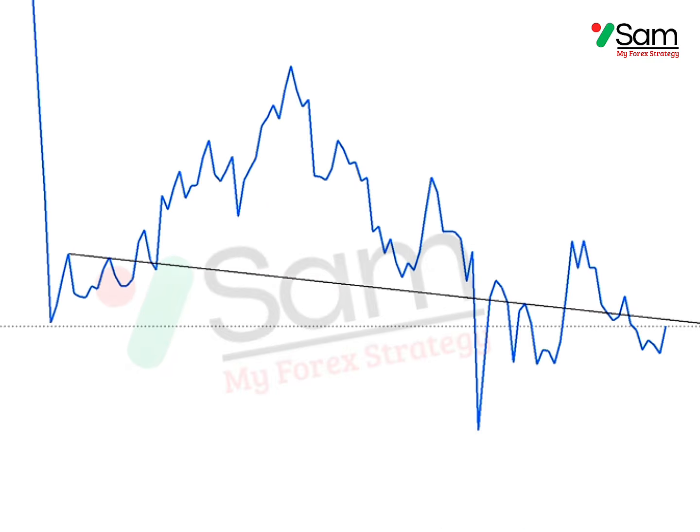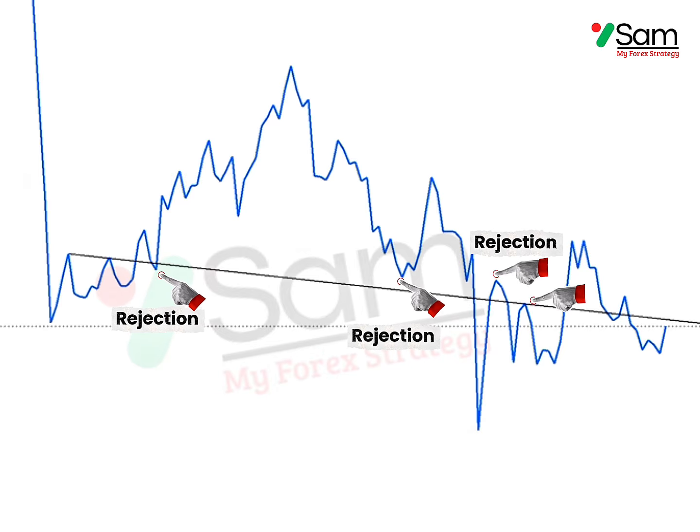Now pay attention. Let Sam give you another example. Here, we have two resistance levels already formed. When we draw a trend line from these two resistances, at first glance, it looks very normal, nothing special. But look at the impact. After this trend line is drawn, many of the following price movements show rejection and cause the market to bounce away. Do you understand what Sam means?